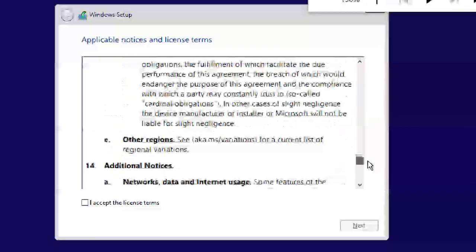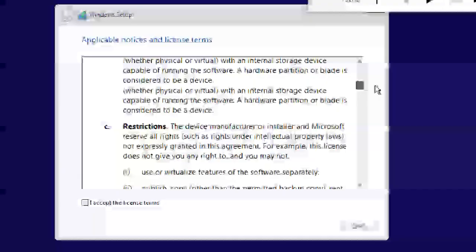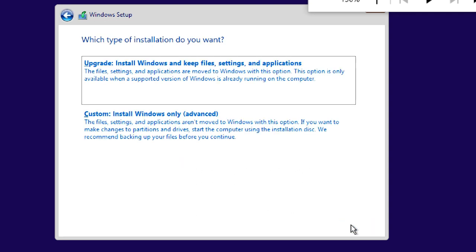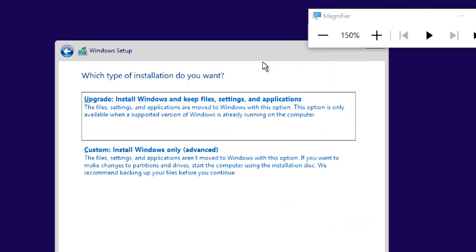A few names are there, but they are not showing at the top; they may show at the bottom. No problem. Accept the license. So: time and currency format, language and keyboard, Install now, I accept the license terms. Check that one. Next, it will show you two options.